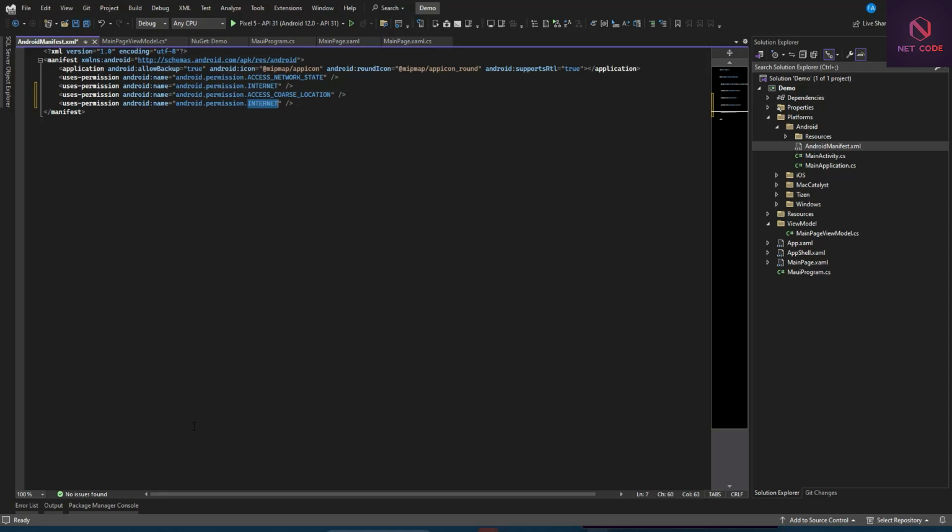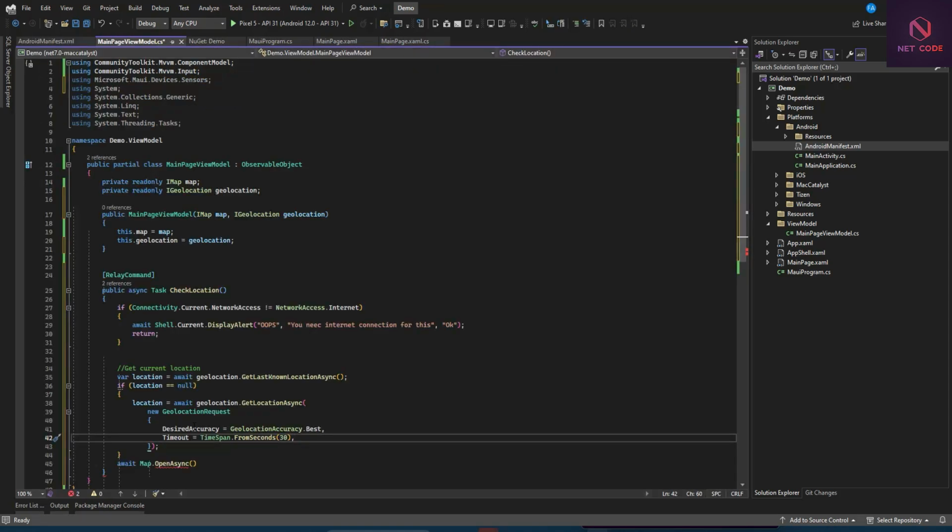Then we can go for timeout. So timeout is equal to, let's say this is time span dot from, let's make it from seconds, and how many? Let's add 30 seconds. So that's the time span to get location. Then let's get request full accuracy is equal to true. Okay. Now in here, after grabbing this location,